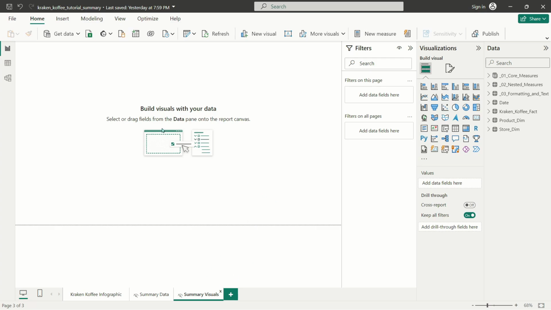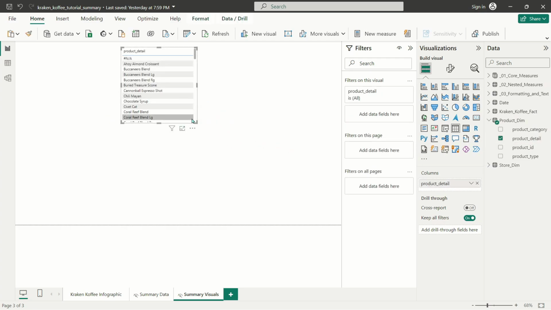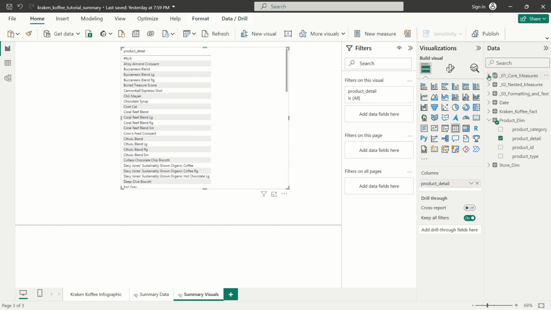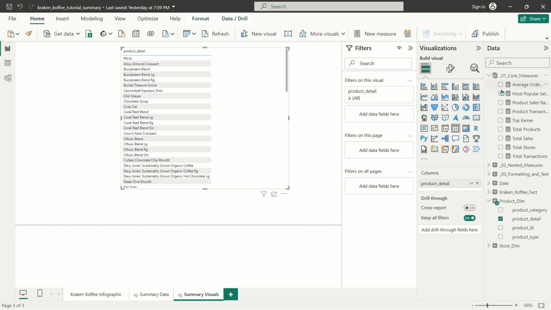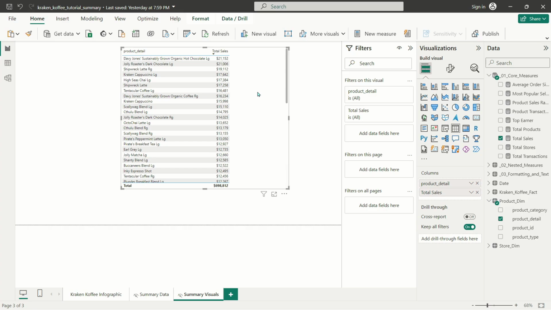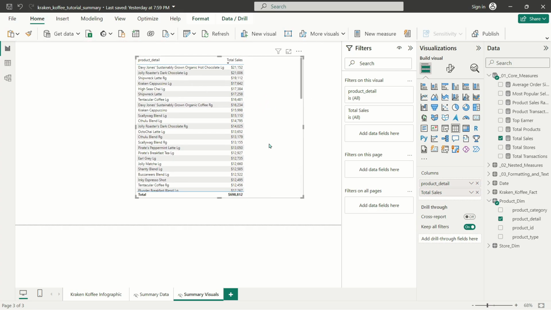Let's go back to our Summary Visuals page. And the first visual that I'm going to put together is going to be super, super simple. We're just going to grab our product details and drop this onto the page here, and we're going to grab our total sales measure and drop this in here, and you can see there's a table here. And what I want to do is isolate the top 10 best sellers